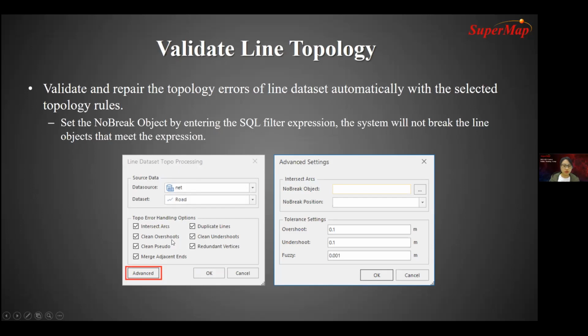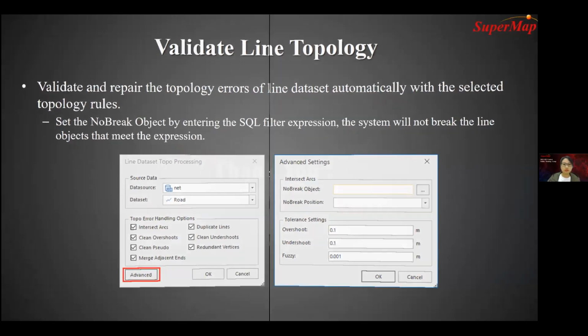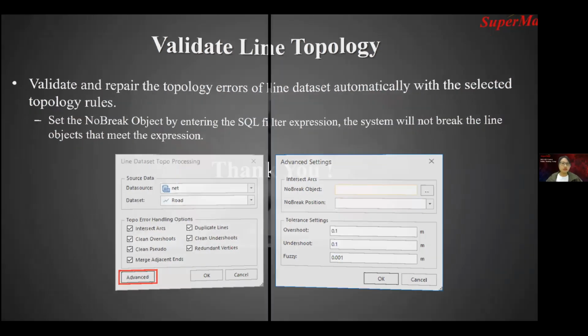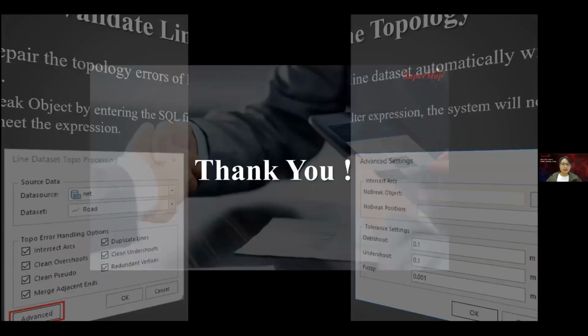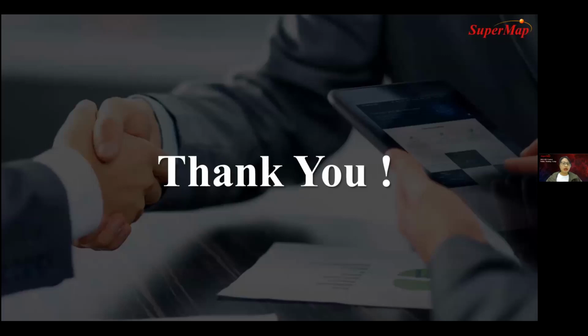We can check all these rules, so the errors can be automatically checked and then fixed. So that's all about the general knowledge about the network analysis. Then after that,